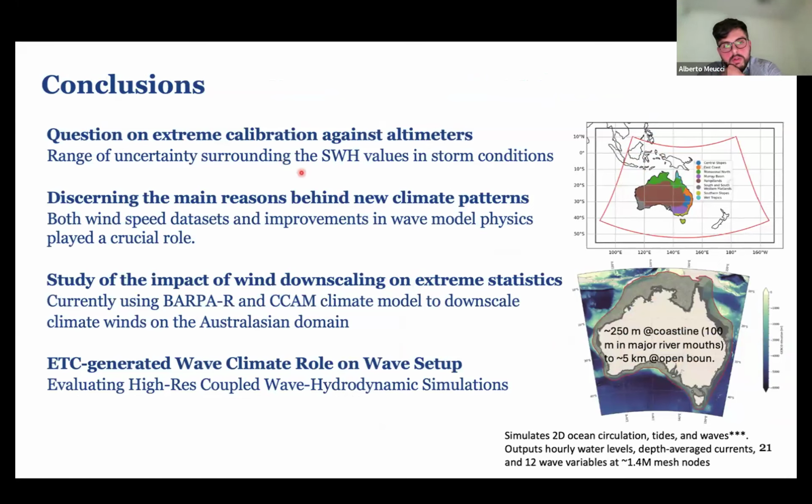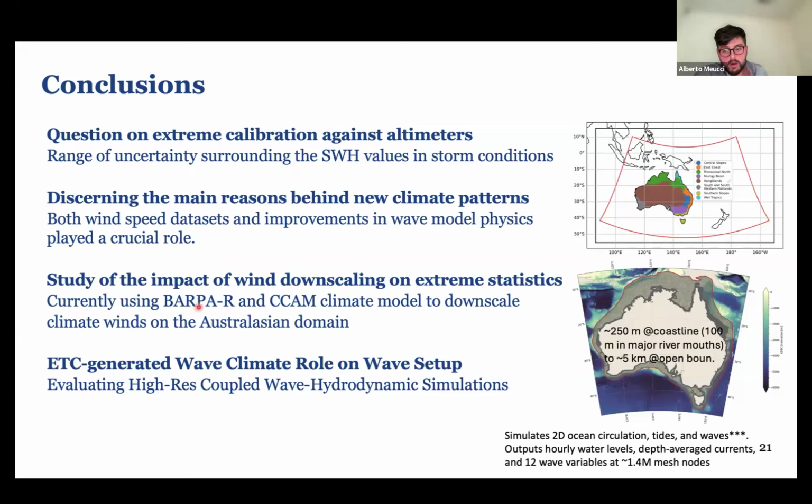there's still a question on the extreme calibration, I guess, against altimeters. There is a range of uncertainty surrounding these significant wave height values. We've seen some work on this recently, and the measurements from the altimeter in storm condition, and we are also trying to discern the reason behind the new climate patterns, which are due to both wind speed data set changes, but also especially improvements in the wave model physics, which played a crucial